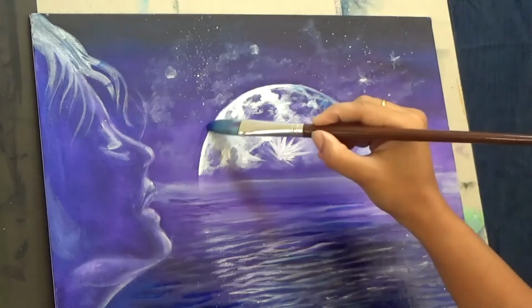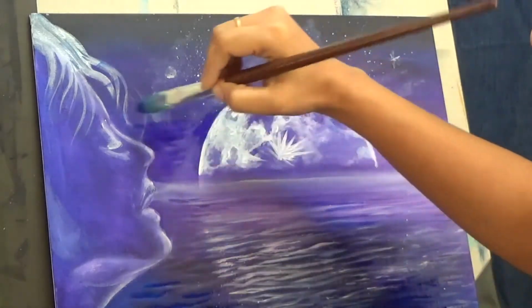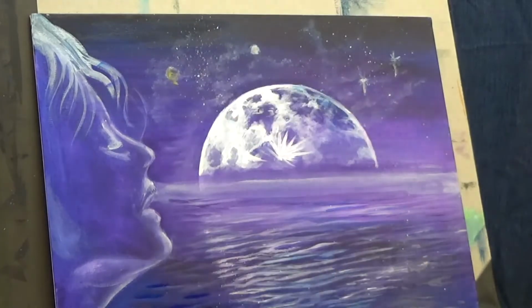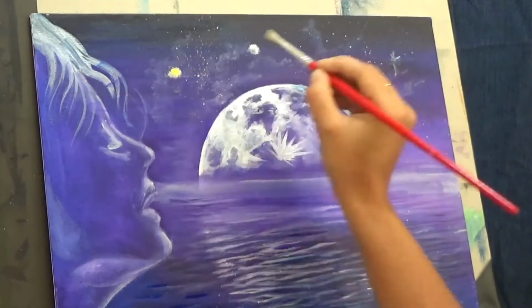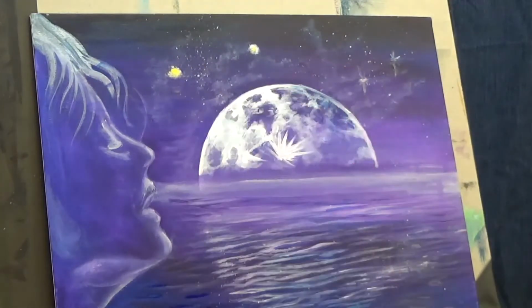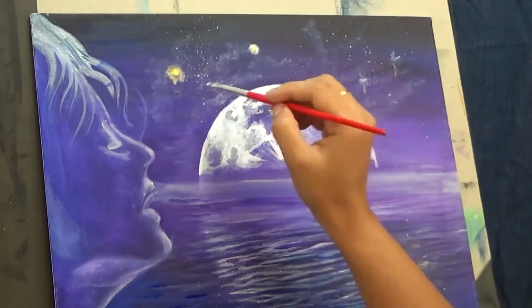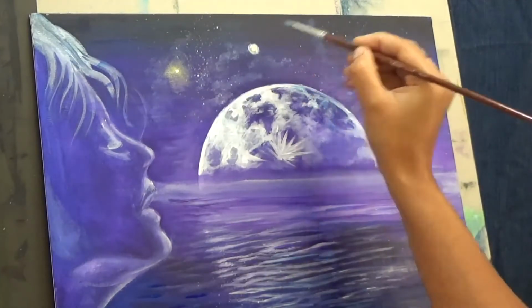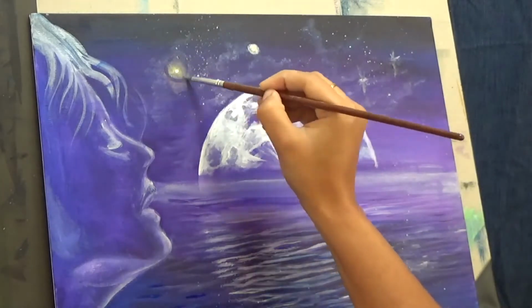Creating some more ripples, darkening some of it and lightening some of it to create the look that I want. Like you can see, like I said, the stars initially did not work. Then I came back with a stiff round brush and this kind of worked better. And I had to use some mop brush as well and fan out some of the brightness of the stars